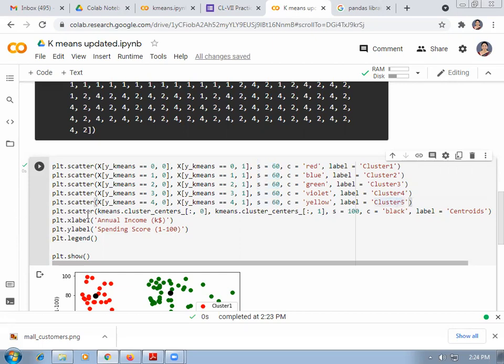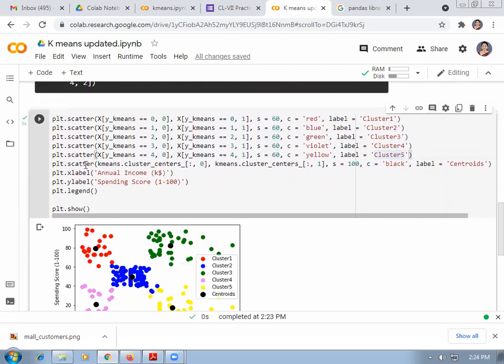Now, we have to plot the centroids. How can we plot the centroids? plt.scatter with kmeans.cluster_centers_, where the 0th value is for the first coordinate and the first value is for the second. The size of the cluster centroid will be 100, the color will be black, and the label is given as Centroid.